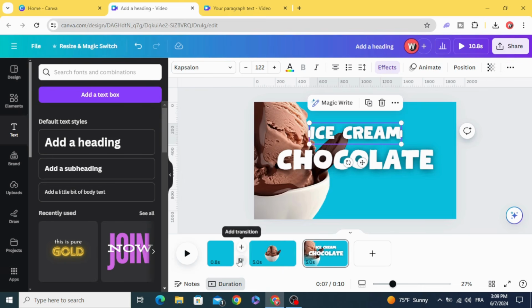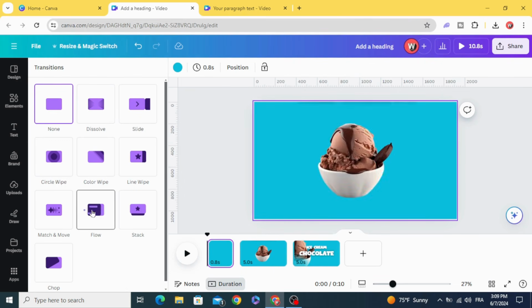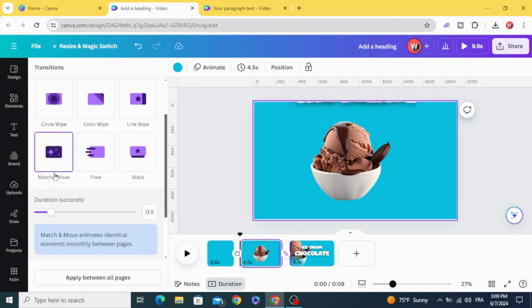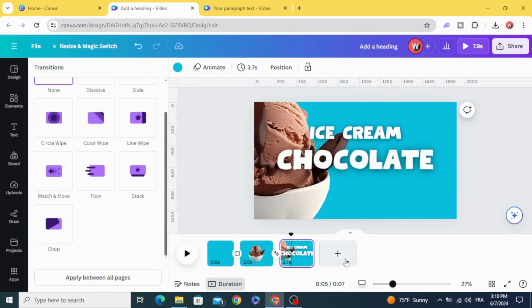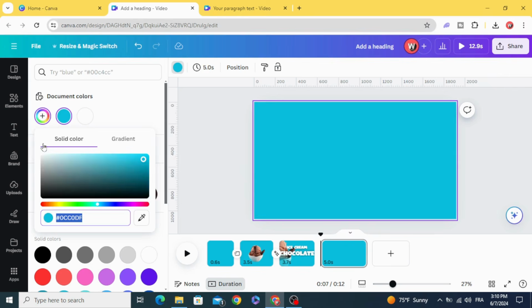Go to the first page, add transition, click on flow, go to the second one, add transition, match and move, increase the duration, add new page, change the color to yellow